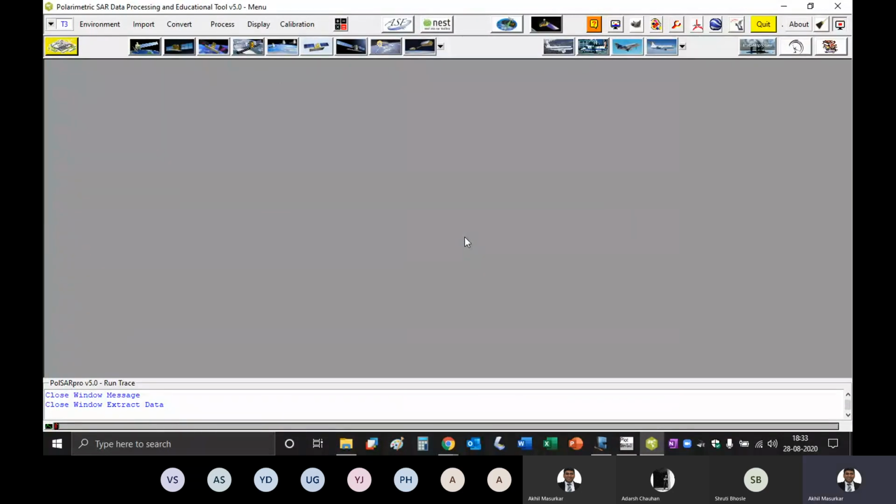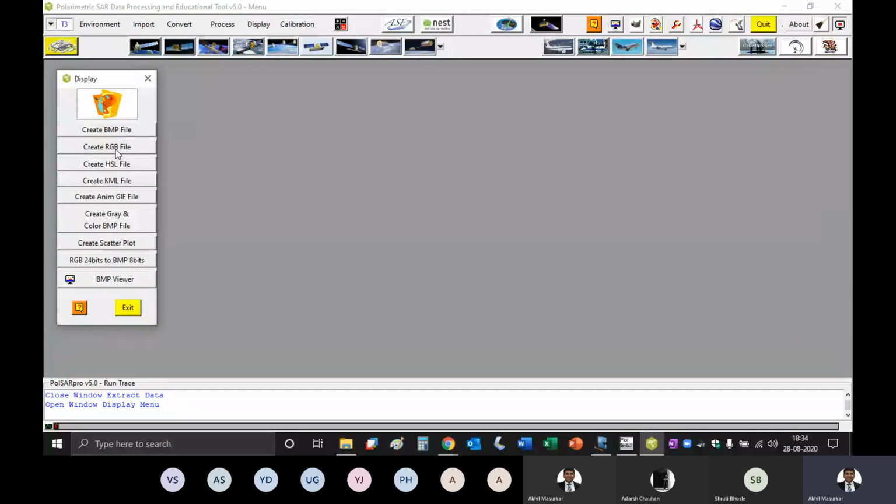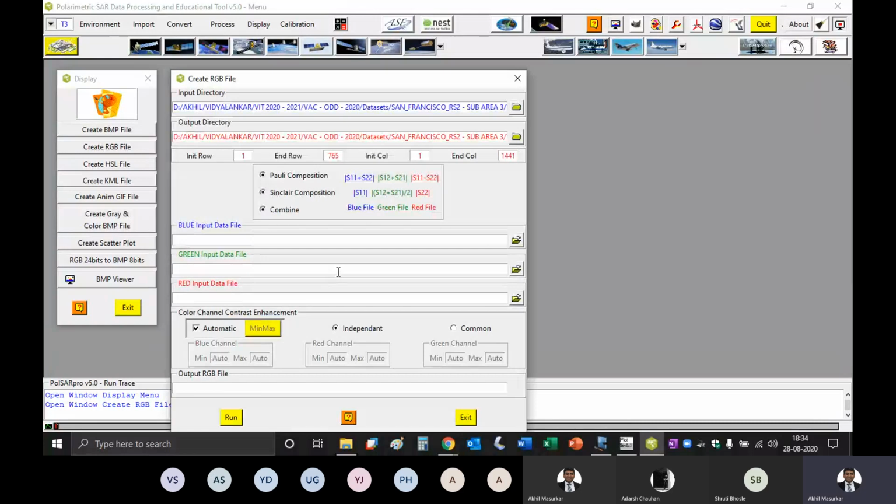Now you can go to display. Okay, Yash and Shruti also. So you can go to display and say create RGB. So that is going to be poly RGB. And once then you say run.